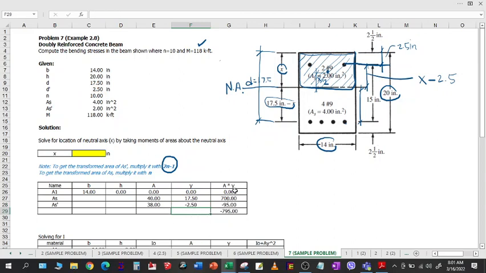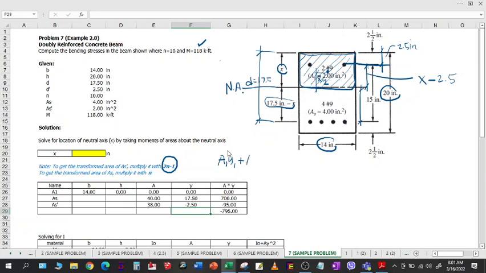Then after that, you have to equate the tension and compression, no? For the compression, it will be on the left side of the equation. For the tension, it will be on the right side of the equation, so that the equation will be like this: area 1 y1